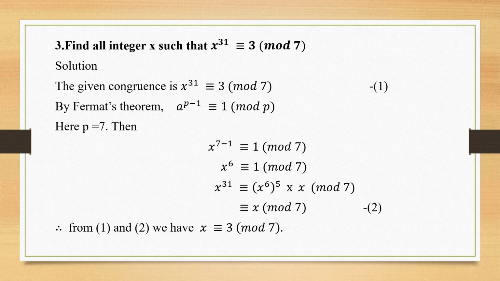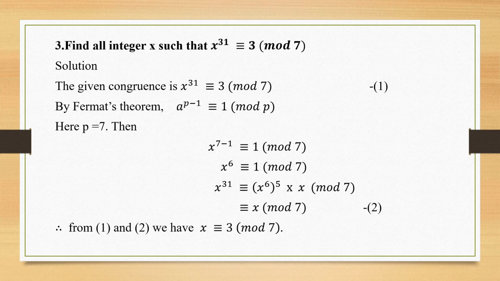Now what do I do here? I have to find the value of x raised to the power of 31. So how can I write x raised to the power of 31? The only thing I can write is x raised to the power of 30 into x raised to the power of 1. Now how can I write x to the power of 30? I can make use of this x to the power of 6, say x raised to the power of 6 raised to the whole power of 5. So that will give you 30, and 1 extra x is needed. So this is 30 plus 1, so it's going to be raised to the power of 1, right?